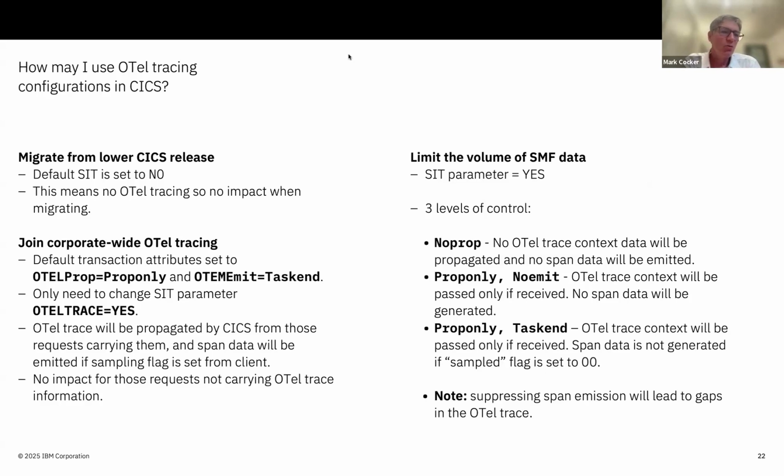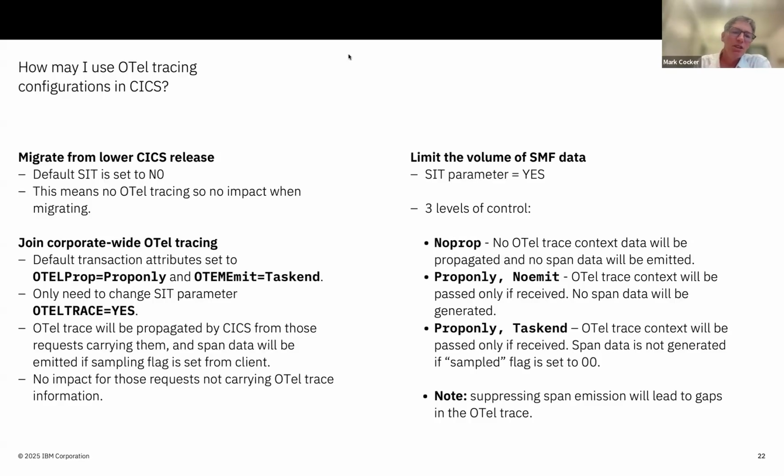And then you may want to join a corporate-wide OpenTelemetry initiative, in which case you'd set OpenTelemetry in the SIP parameter to be YES, and then you would select certain transactions that you want to process as either PROP ONLY or at task end, perhaps, and that would fully enable those transactions to emit OpenTelemetry records.